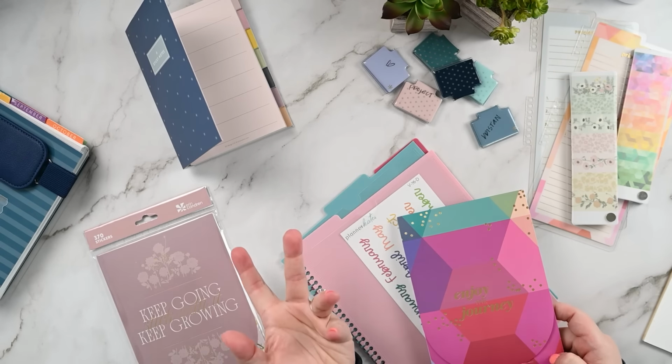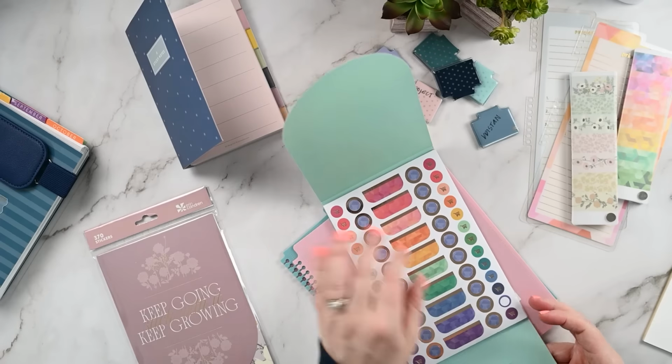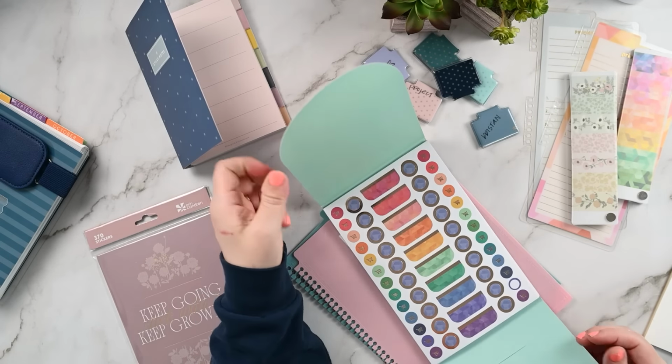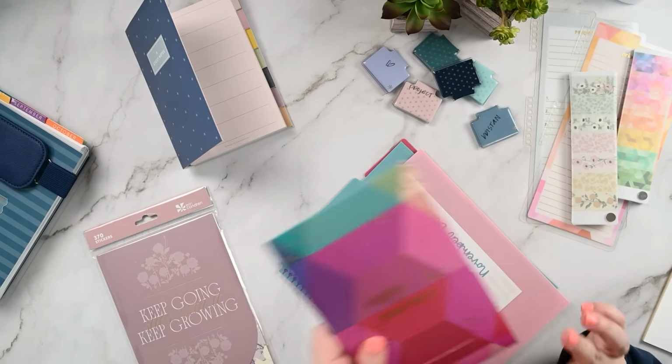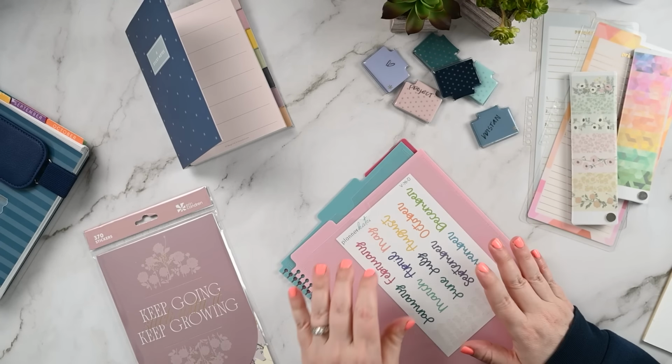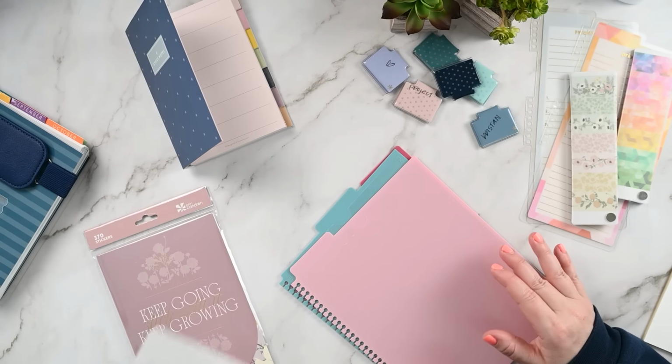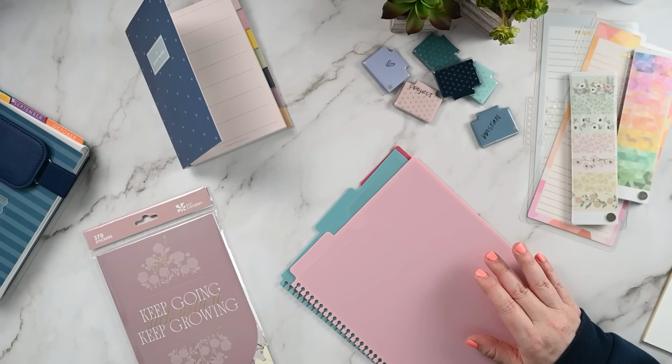Maybe, I don't know. We also have the pockets in the planner themselves, so I'm not sure. We'll see. That's just another way to use them. The other way I'm envisioning using these is putting a notepad page in here, and I'm wondering if I have